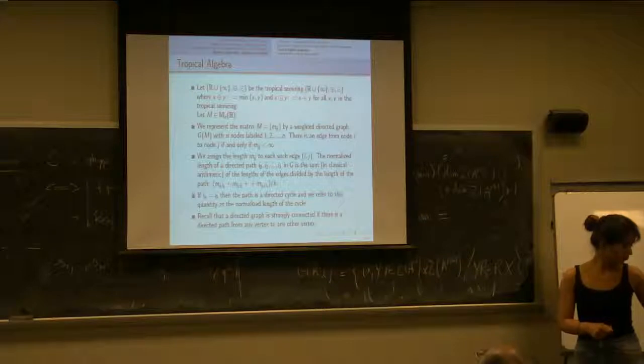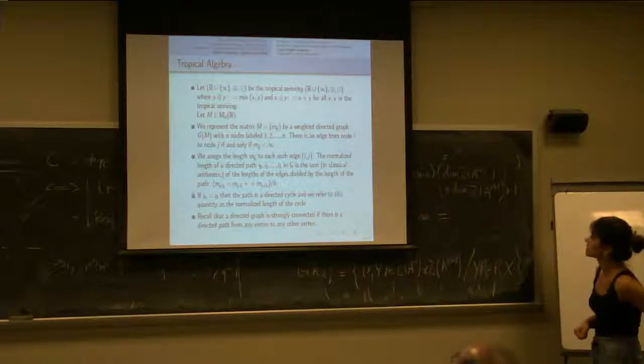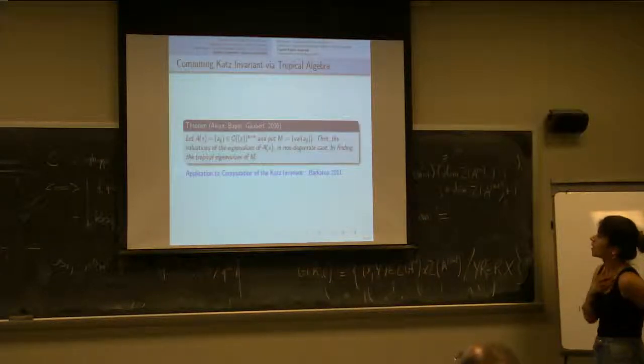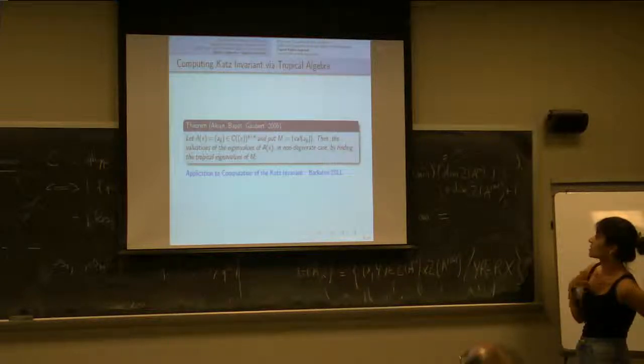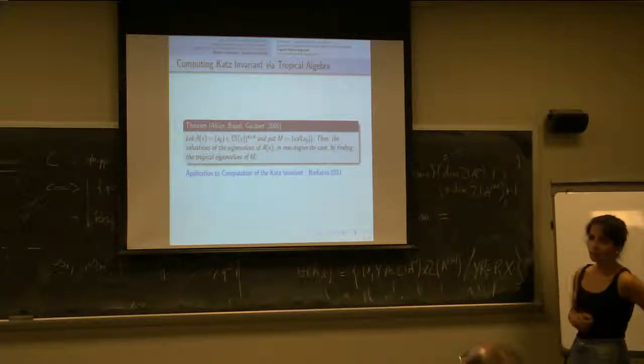So without going through all this information, I will switch to a theorem by Akian, Bapat, and Gaubert in 2006, which states that in the non-degenerate case, if we represent a matrix A by its valuation, then the valuations of the eigenvalues of A of X can be found by finding the tropical eigenvalues of M. So in our case, since we are looking for the Katz invariant